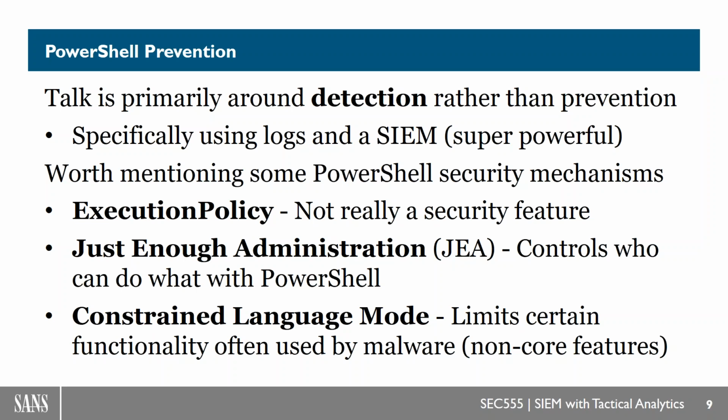Now, execution policy, a lot of people believe this is a security feature, but it was never really intended by Microsoft to be a security feature. Execution policy was created to prevent administrators from actually making mistakes. So it's one of those things, kind of like UAC, where it says, hey, are you sure you really want to run that script? And then if you are certain you want to run that script, something I downloaded from the internet or something I created, then you have to actually take an additional step to say, yes, I want to actually run that script. So I have to change my execution policy.